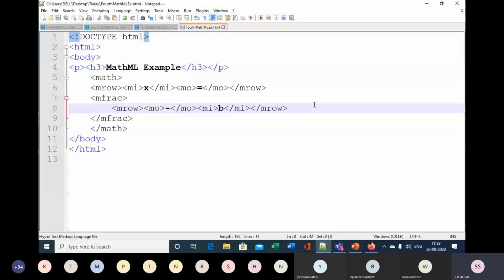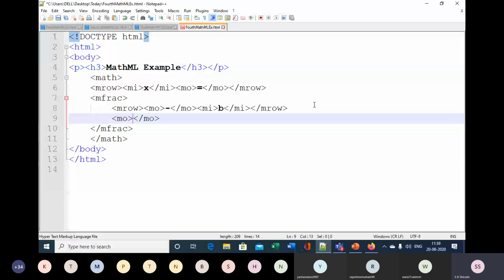Up to this we have displayed minus b, and then after this I want to display the plus minus symbol. To put that symbol, I will make use of the character entity reference that we studied in the previous lecture: ampersand plus mn. That will put the plus minus symbol. And then after that, under square root, b square minus 4ac.